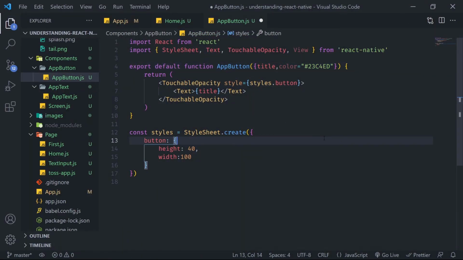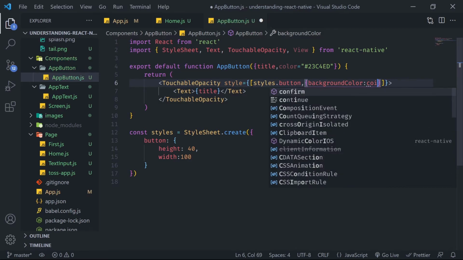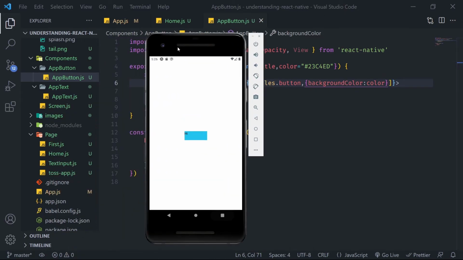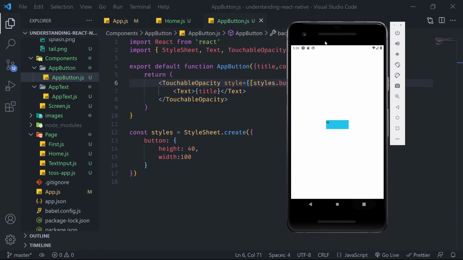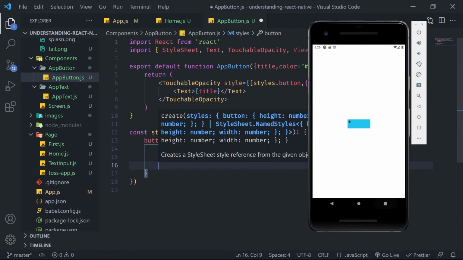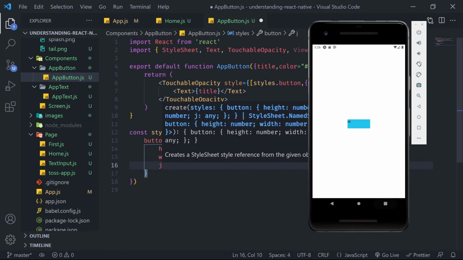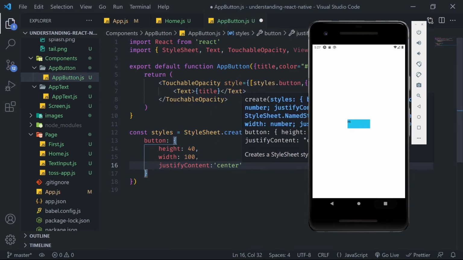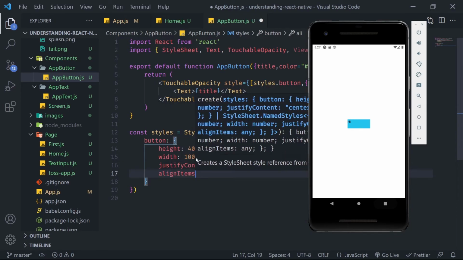Okay, now let's go here, and as I said, use the array property, and in the array property you can set a background color. Is it color? Save it, and now you will see this. Okay, so we are going in a good way, but for that we just need to define the justify content and all those properties. So I'm just going with justifyContent to center, and then alignItems to center,